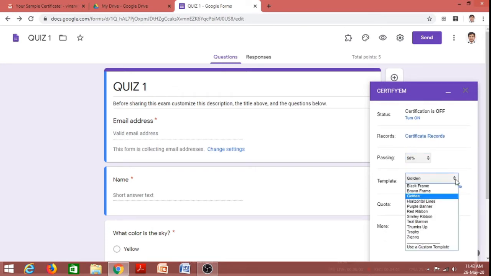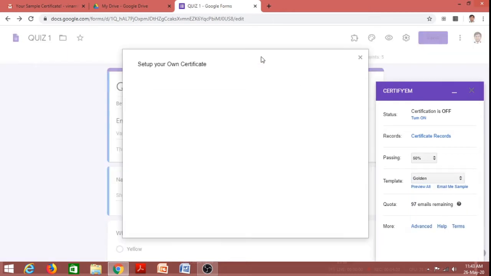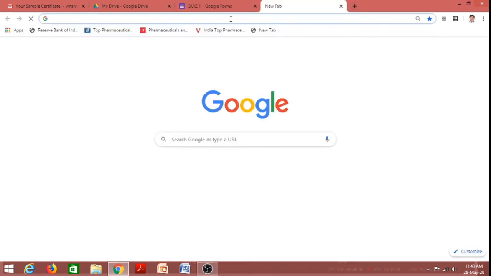There are a few options available, but you can customize your own certificate. To customize your own certificate, it is essential that you prepare or design your own certificate using Google Slides. So let's work it out on this. Use a custom template. This window will open, but you do not have a certificate available. So what you need to do is just